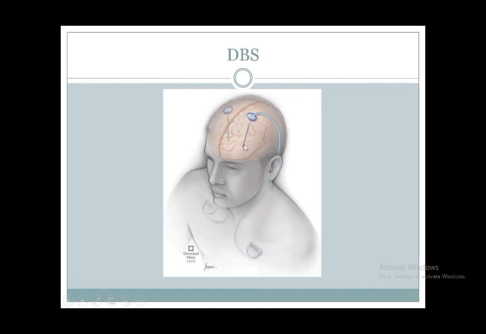This generates pulses which are transmitted to the basal ganglia structures, and they basically mimic the normal stimulation of the basal ganglia because there is a deficiency of dopamine. So through this stimulation, they somehow restore normal stimulatory circuits in the brain, which address the motor symptoms of Parkinson's disease, including tremor, rigidity, and bradykinesia. Thank you very much. This was about briefly